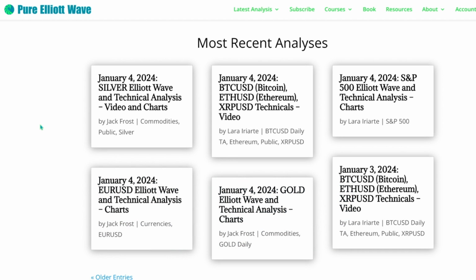I'm going to try and explain a concept I keep referencing about proportion between second and fourth waves in commodities and cryptocurrencies with some visual examples. I'll still do my regular Bitcoin, Ethereum, XRP update later on today.